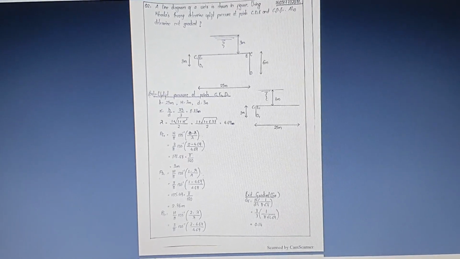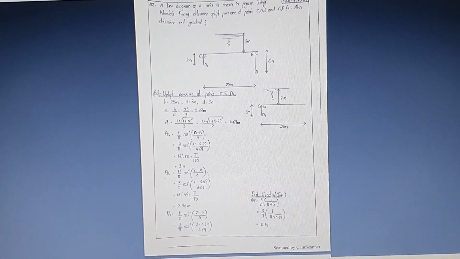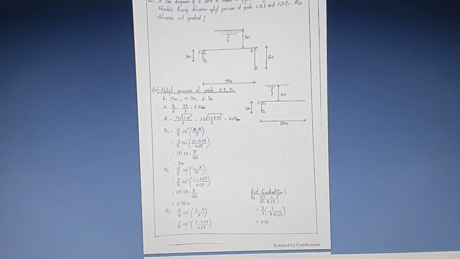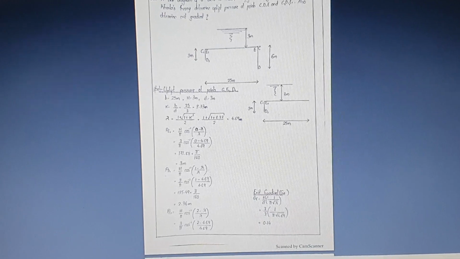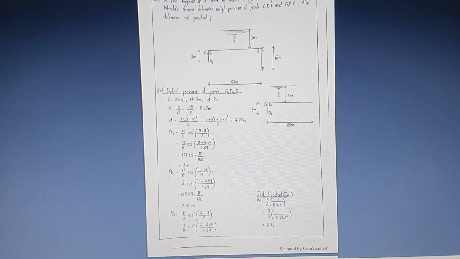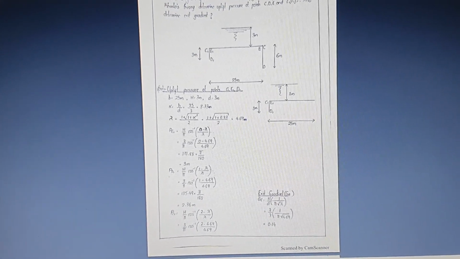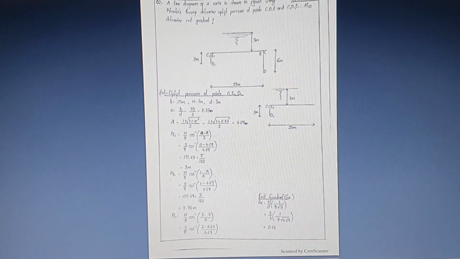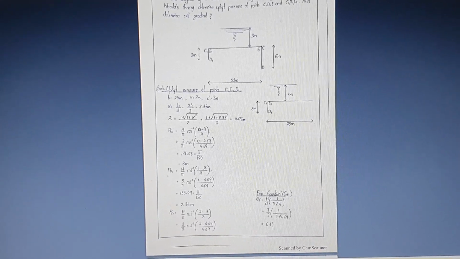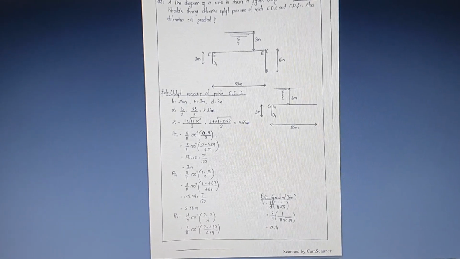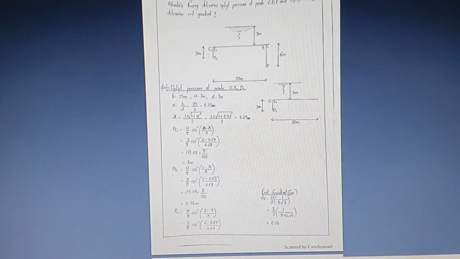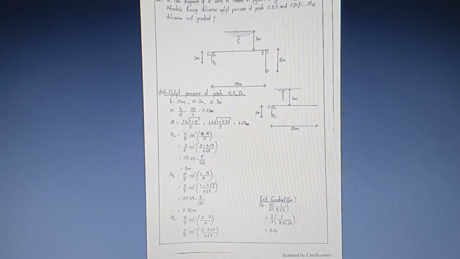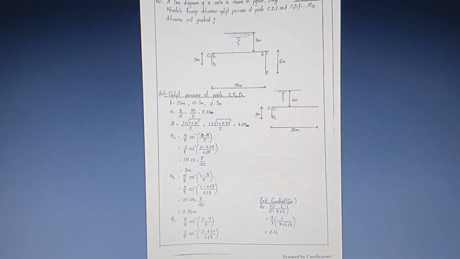Here you can see the problem on Khosla's theory, which is from the previous year paper, which consists of a line diagram. It asks us to determine the uplift pressure at the points C, D, E and C1, D1, E1, and also to determine the exit gradient. The hydraulic depth is given as 3 meter at the points C1, E1 and D1, and the total length of the impervious floor is given as 25 meter, which is B, and small d is 3 meter and the H is also 3 meter.